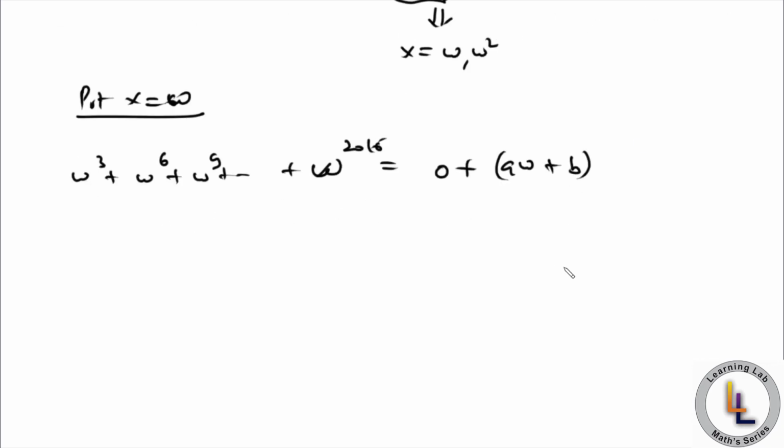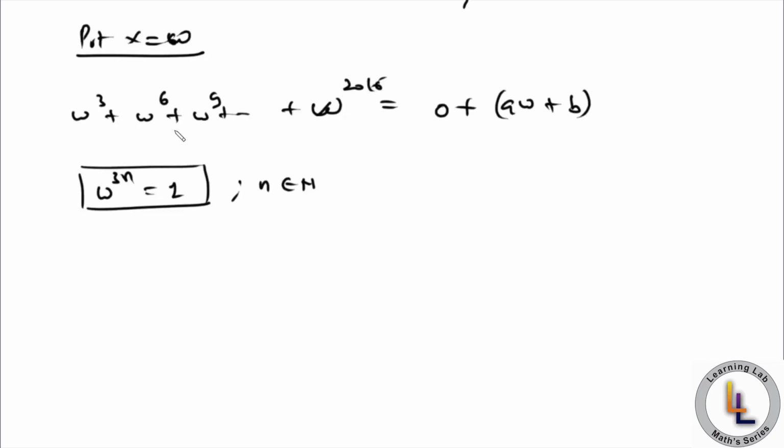Now obviously, using the property of omega, omega raised to power 3n is always equal to 1. Whenever the power of omega is a multiple of 3, we always get the result equal to 1. So obviously this omega cube is 1, omega raised to power 6 is 1, omega raised to power 9 is 1. All these terms are equal to 1. So if we add all the terms, how many terms are there? Obviously 672 terms. So we get 1 plus 1 plus 1, 672 times,